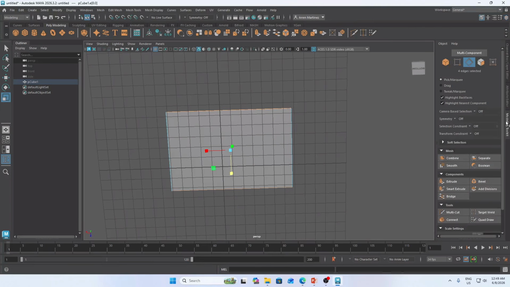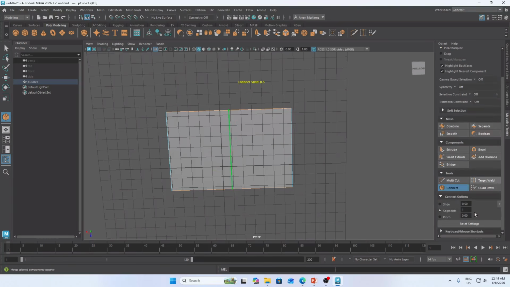Okay, and you see we have tools here. Just look for the connect. So what's the purpose of this? You can subdivide the particular object. So for example, the default value is 1, so therefore it divides into two panels.